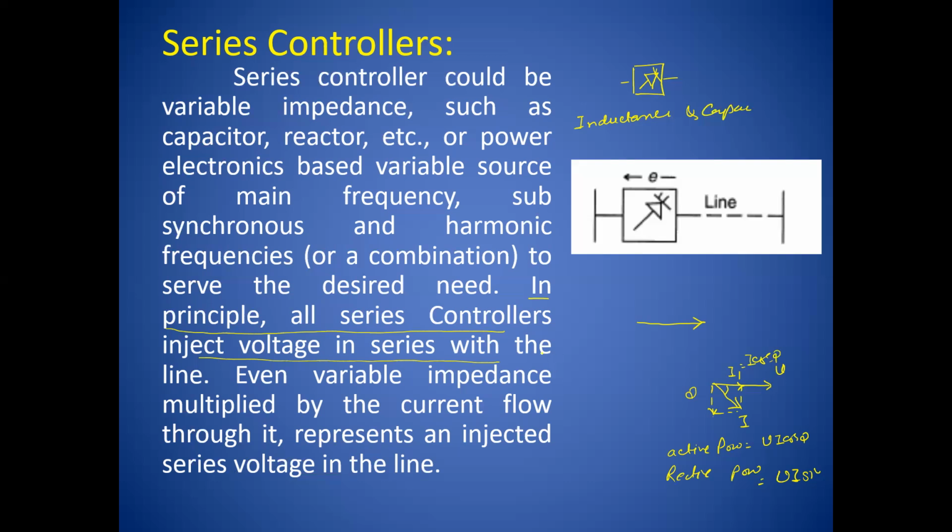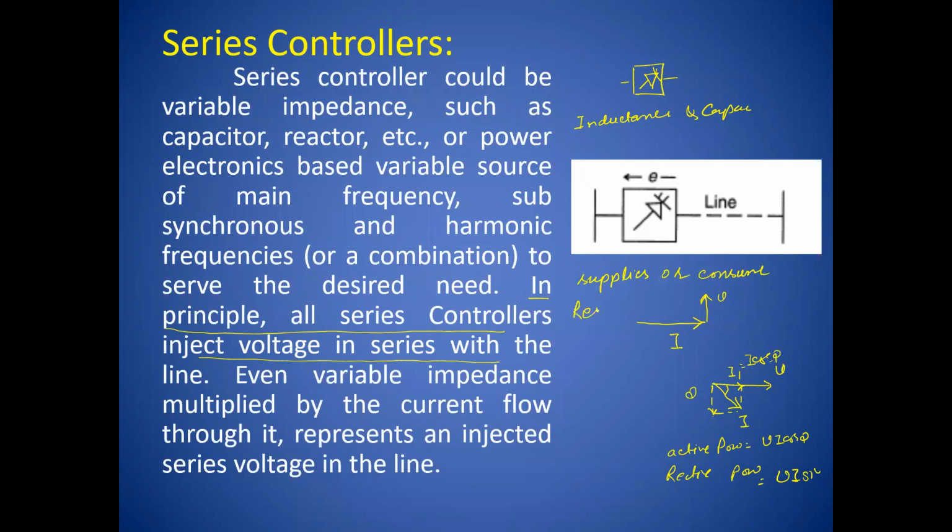So the basic need of the series controller is to inject voltage in series, and it will do so as long as the current and the injected voltage are in quadrature to each other. Say this is the current and this is the injected voltage. Under such a condition, as long as they are in phase quadrature, that is 90 degrees to each other, the series controller supplies or consumes